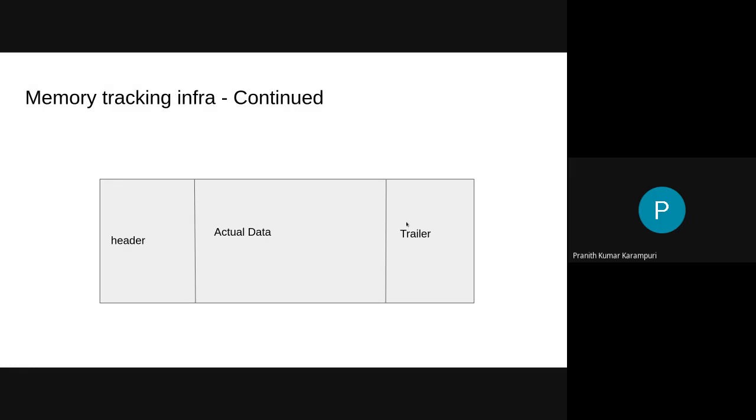When you do a malloc, you have to tell the size, but when you do a free, you don't have to tell the size, because at the time of malloc itself it will add a header to the memory saying this is the amount of memory allocated, and it will give you a pointer from there. So when you call free, it will decrement the pointer, read the size, and then do the free.